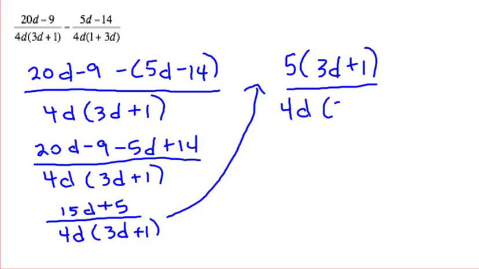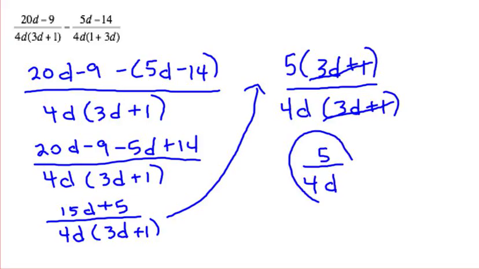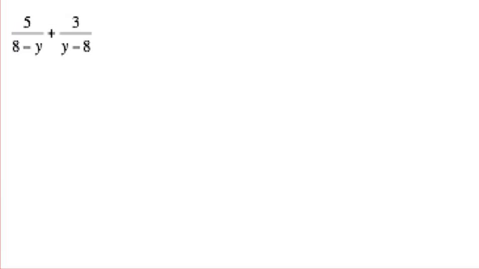times the quantity 3d plus 1. So now you can see I have like factors in the numerator and denominator. That's the 3d plus 1. I divide those out, and I'm left with 5 over 4d, which of course has no more common factors, so that's my final answer. Okay, our next problem is 5 divided by 8 minus y